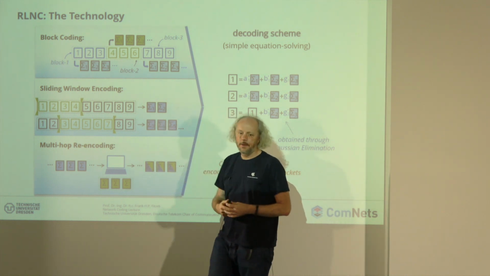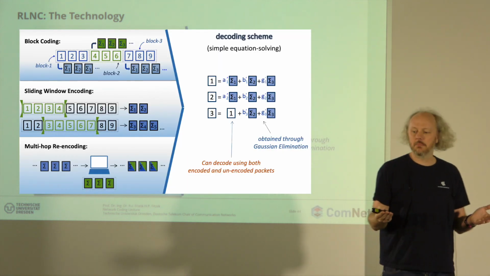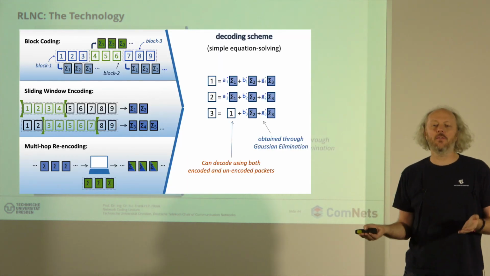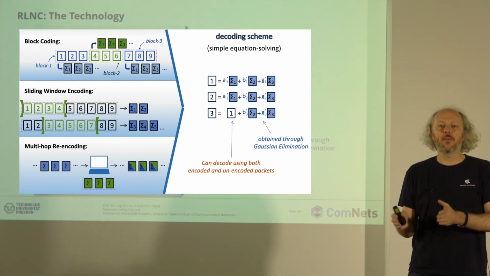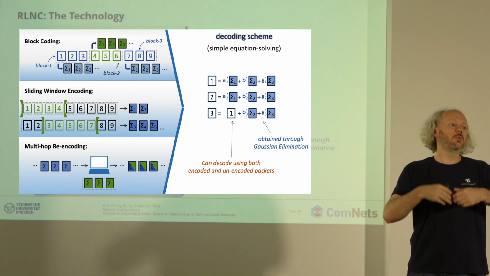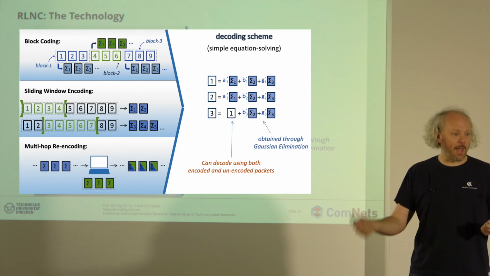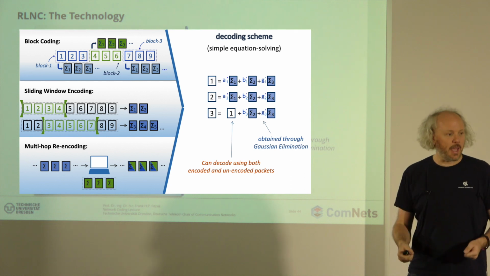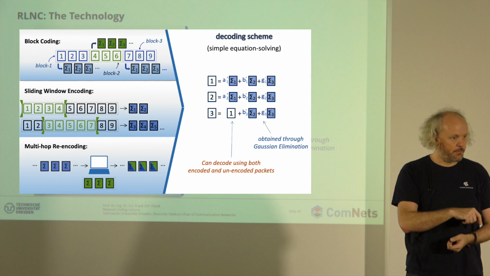And last but not least, every code, why do we do a code in the beginning? We would like to achieve resilient communication, reliable communication. So if there are losses, we want to overcome the losses. But what is the price of that? Latency. Because if you have a block code, you have to wait for a certain number of packets incoming, then you encode them, and then you ship them over the wireless link. On the other side, you will decode them.